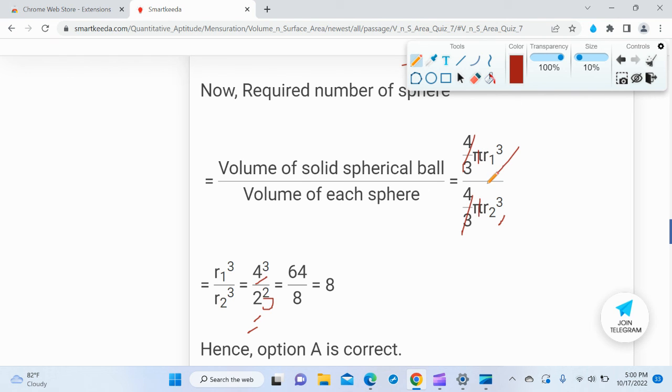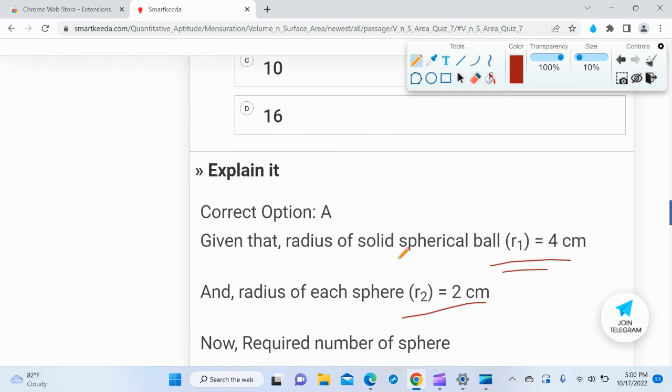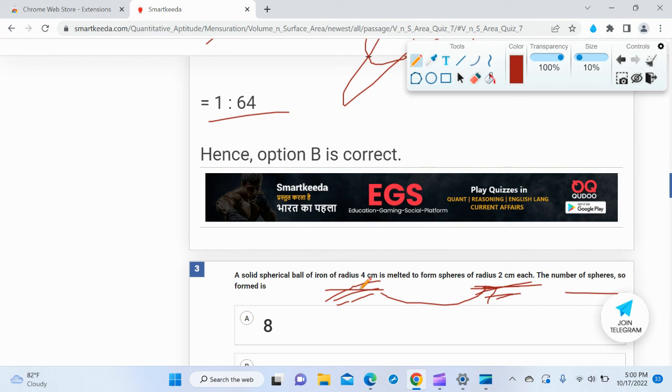Now r1 cube by r2 cube: 4 cube is 64, and 2 cube is 8, so 64 by 8, and finally 8. So 8 balls we can construct from the ball of 4 centimeter radius. We can create 8 balls with a radius of 2 centimeter. Good. These are very basic questions, and if we understand these questions, then we will be able to solve